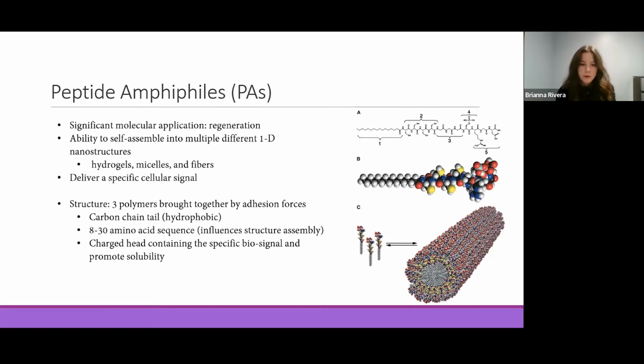So the three different pieces that make up this supramolecular polymer, the first piece, which is shown here in segment 1, is really a hydrophobic carbon chain backbone to provide foundation and structure to the molecule. The next piece is this 8 to 30 amino acid sequence, which you would see in 2 and 3. And specific amino acids are selected